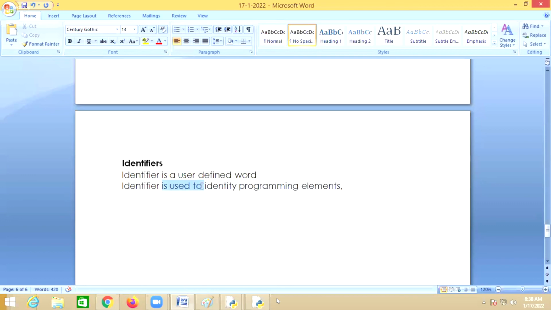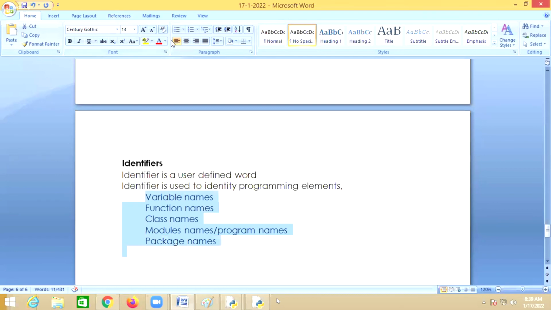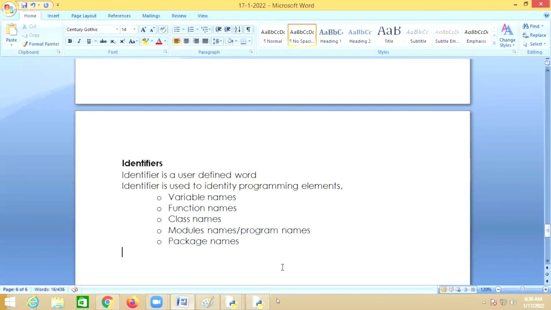Programming elements like variable names, function names, class names, module names, or program names, package names like this. So all these are user defined.